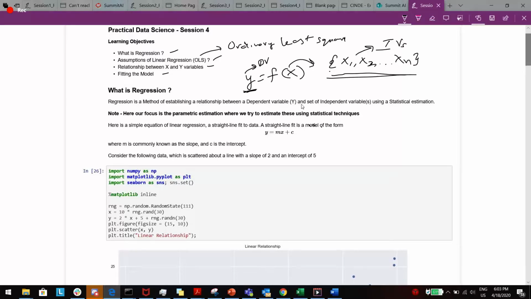One more thing which we need to notice is that when we are talking about linear regression, or the ordinary least squares regression, we are talking about parametric estimations. We are trying to identify the coefficients of my independent variables, which are my parameters, which can be, say, c0, c1, and so on, depending on the number of variables which we have. So these are my coefficients, and we are estimating these coefficients parametrically. Now let's take a very simple example.